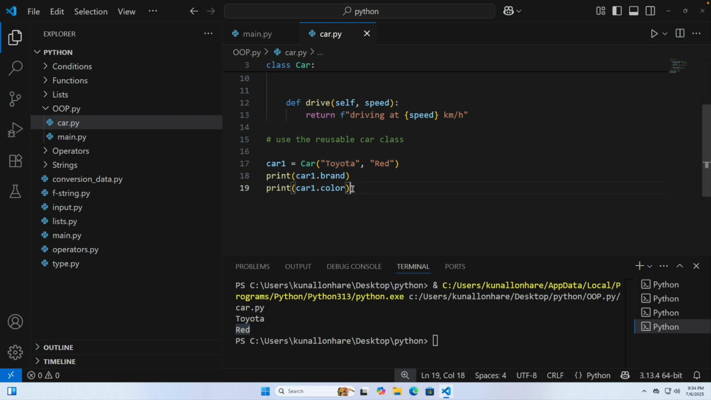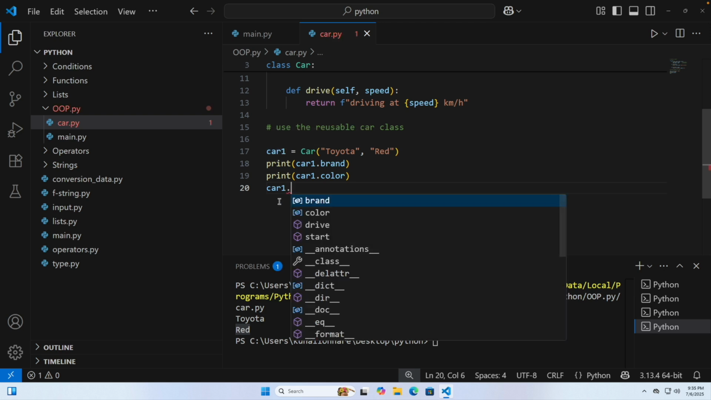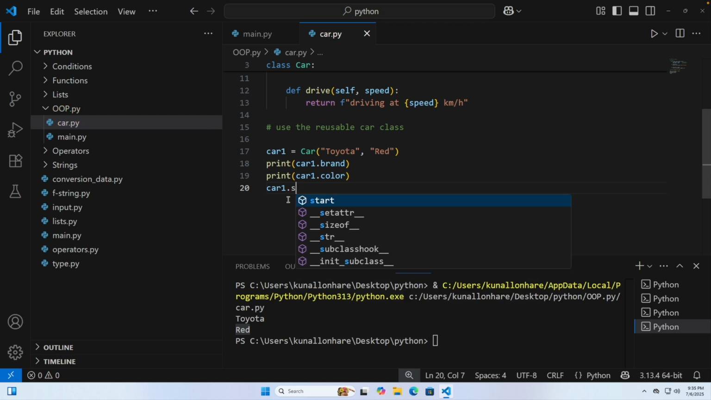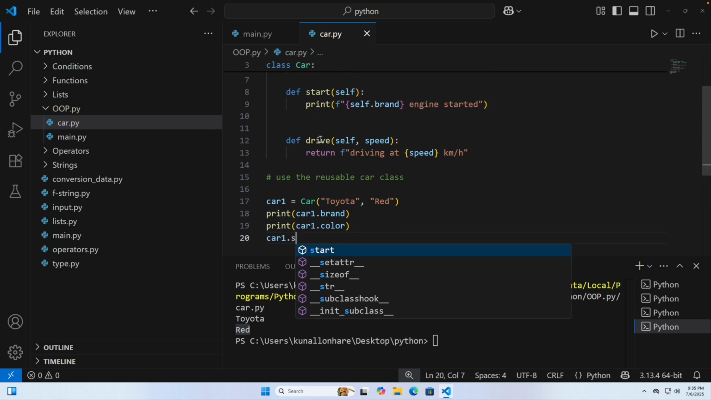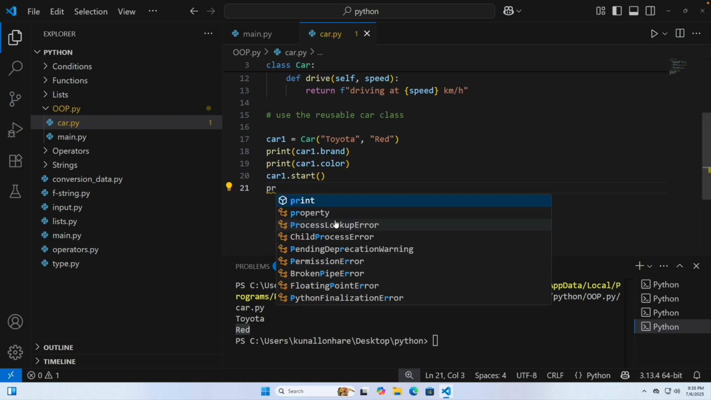Now let's say you want to print what your car can do. I will write car1, which is the object, car1 dot, and you can mention what it can do. For example, it can start the engine. So I will write start, and put the brackets like this. That's it. And you can say print,